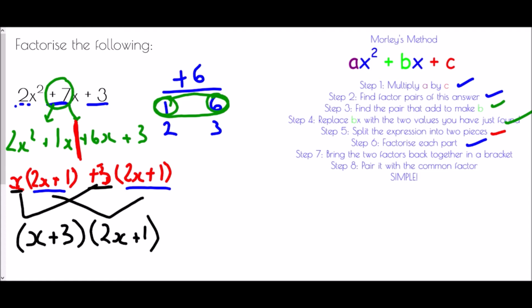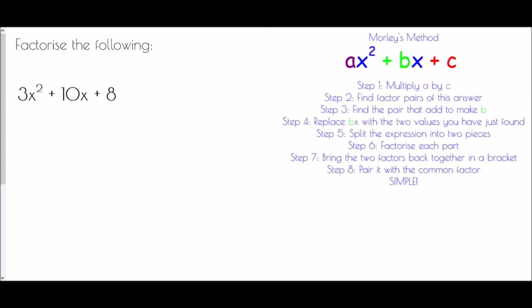And what we've done is we have factorised the expression 2x squared plus 7x plus 3 as (x plus 3)(2x plus 1). So let's try that all again. We're going to follow the same step-by-step process, and we're going to try and factorise 3x squared plus 10x plus 8. So the first thing we need to do is multiply a by c, so 3 times 8,